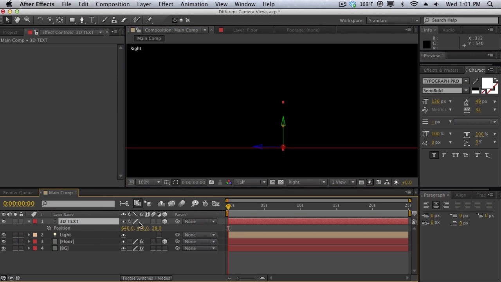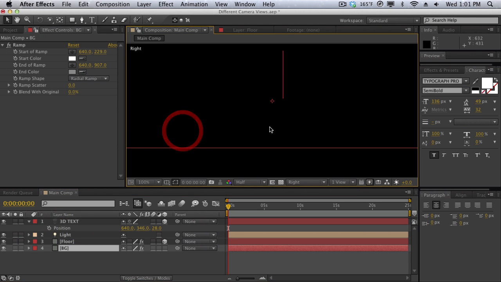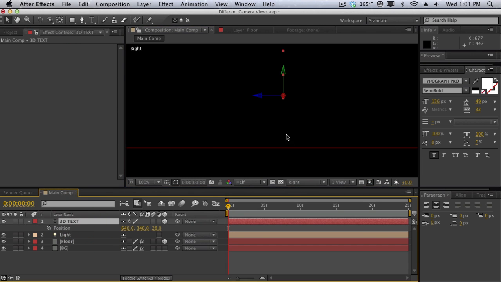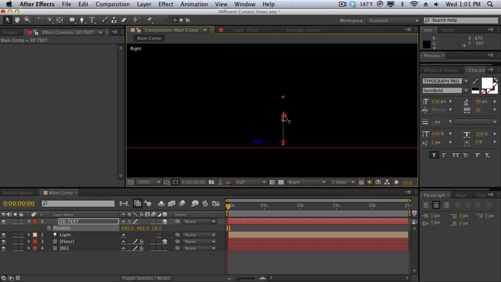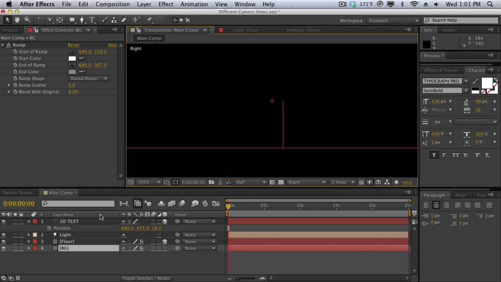So as you can see, if we move our text up, it's up here, and if we want to place it on the floor, we can just drag this little green handle down the y-axis and place it on the floor as best as you can. And of course, you're going to do it manually with the parameter values here. So this is just a really handy way to see your whole scene in a different perspective in a more simplistic way,